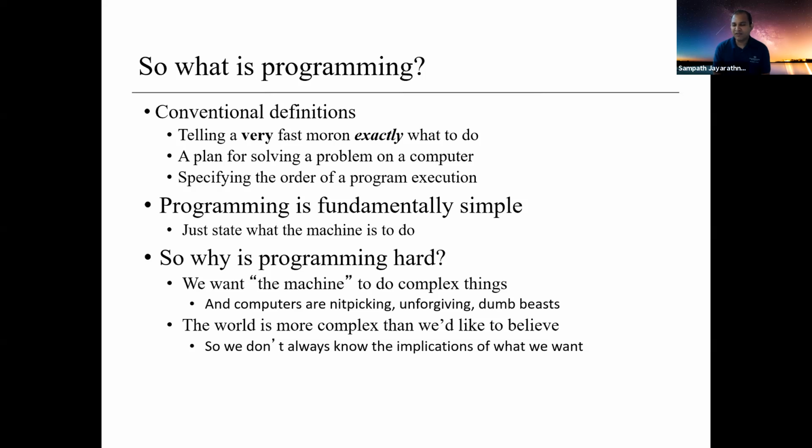But because it's very fast and a moron, it doesn't understand anything, we have to tell it, hey, just do this. Right? It's stupid. Computer is not intelligent. We are intelligent. We tell them to do something. So you are the one actually telling the computer, hey, we have this code, this program, do exactly this way. So that's why computer programs are required: you want to tell the computer to do some complex stuff by